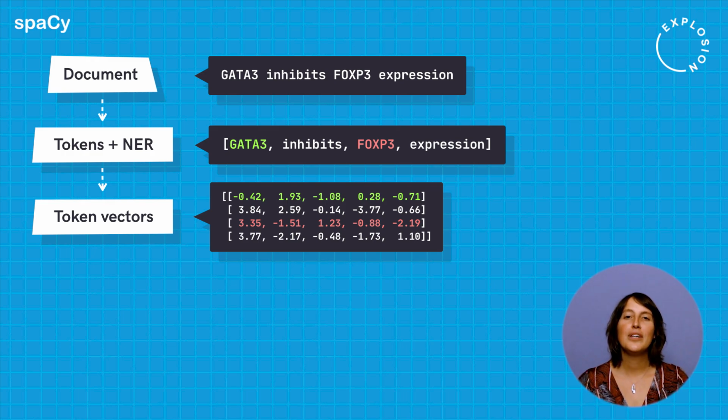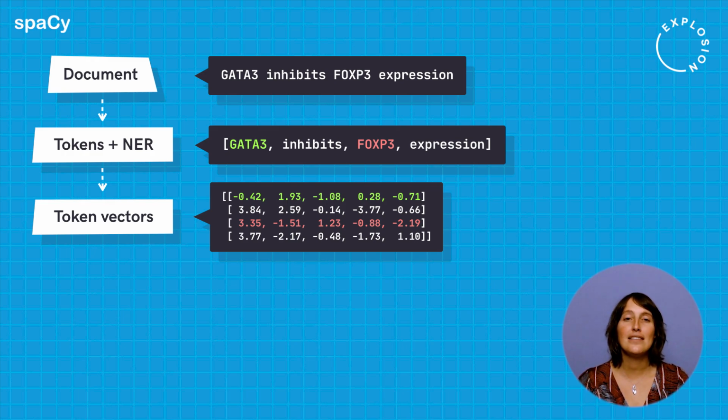To do this, we can use a standard tok2vec layer from spaCy or even a transformer, as spaCy 3 fully interoperates with PyTorch and Hugging Face transformers, giving you access to thousands of pre-trained transformer models. Here we show a simplified example where each token is encoded in a vector of length 5, but in reality the width of these vectors should be much larger.